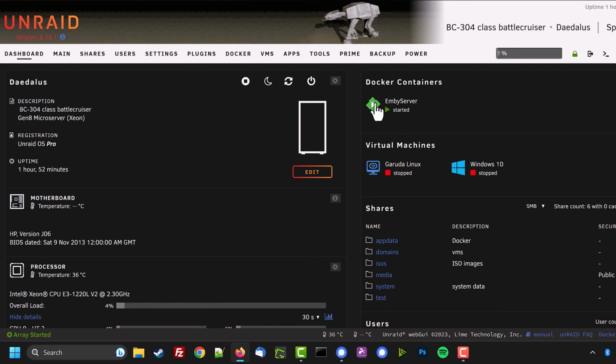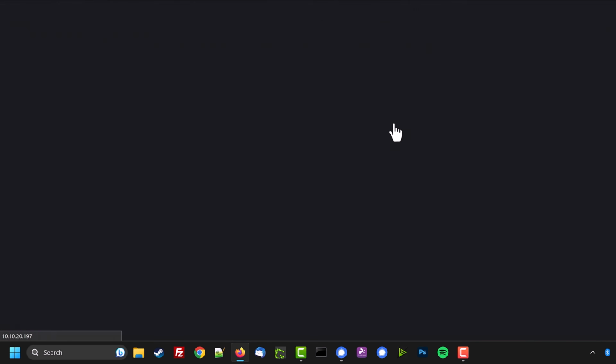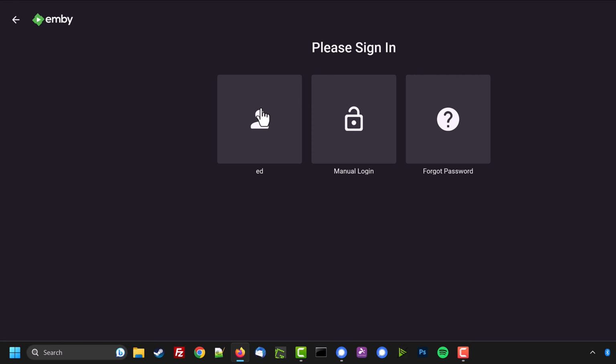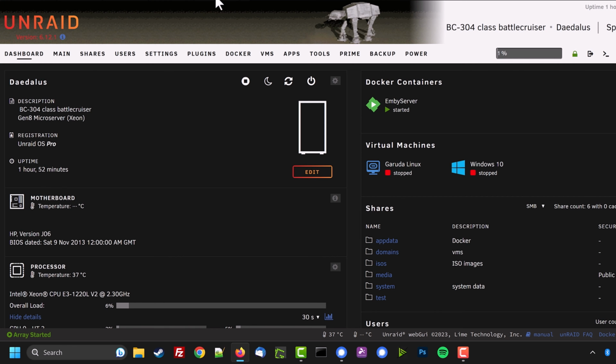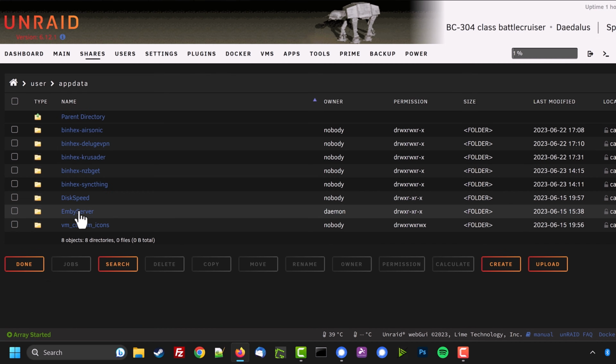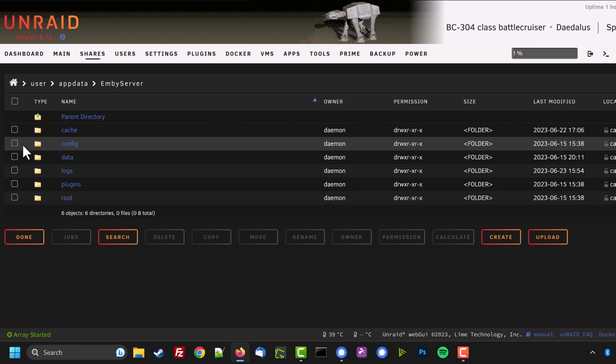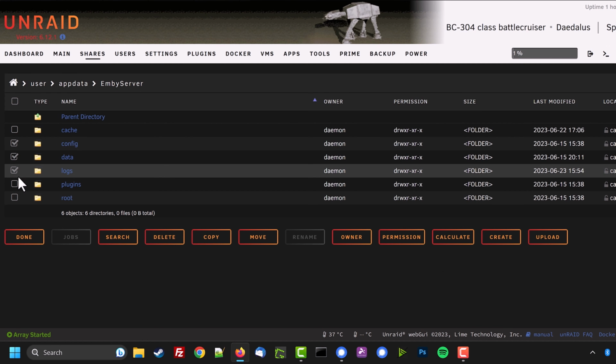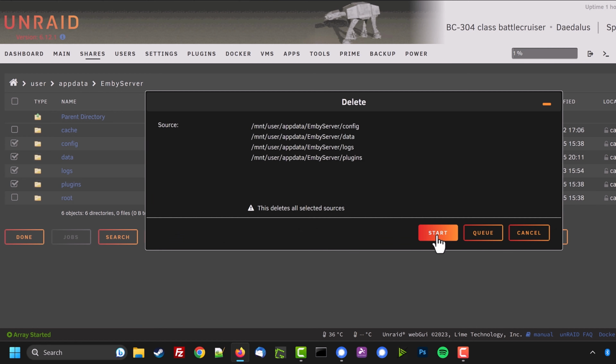So let's go to the dashboard a moment, and under Docker containers, we can see I've got my MB server running here. So if I click on Web UI, it's all working nicely. But now imagine I go into my Shares tab here, I go into Appdata, I go to MB server, and carelessly while I'm not thinking, I accidentally delete a load of stuff inside the Appdata,